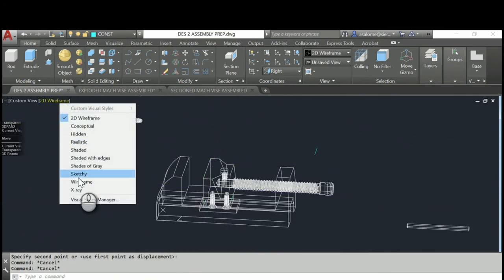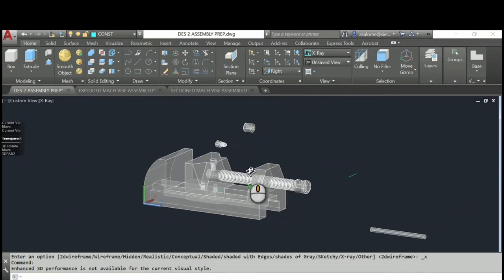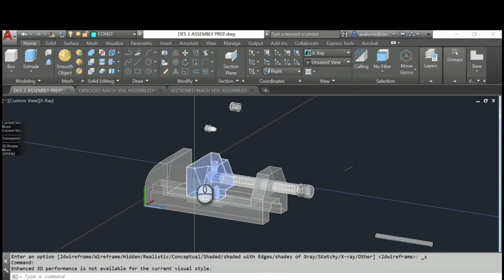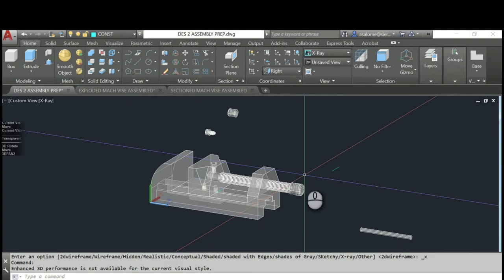Again, I like to use X-ray for this. If your computer will produce X-ray views, then it's a nice feature. FYI, X-ray is a lot harder on your video card. And since the video card is the one piece that most people don't really have the power behind, be aware that you may see some visual oddities, you might see things disappearing and so forth. If that's the case, you should not use X-ray. You may need to restart your computer to flush out the RAM on that card also.